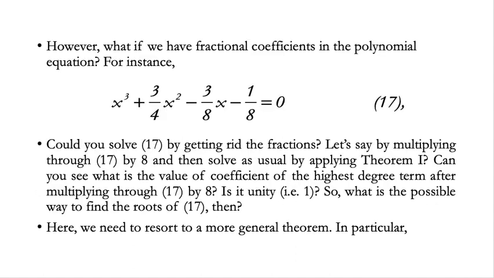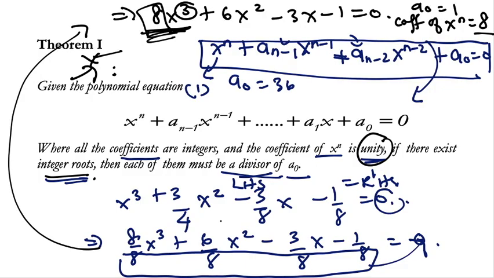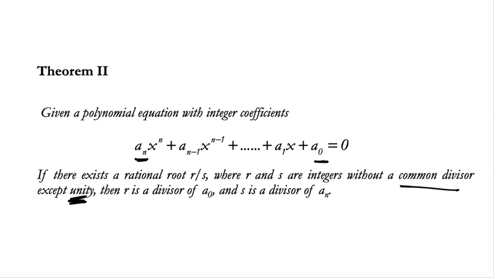In this example just now, when we change it to integers, you don't find any common divisor for this, because the constant a naught is 1, but the coefficient of x to the power of n is 8. The only common divisor is 1. Okay? So in this case, what we need to do is that